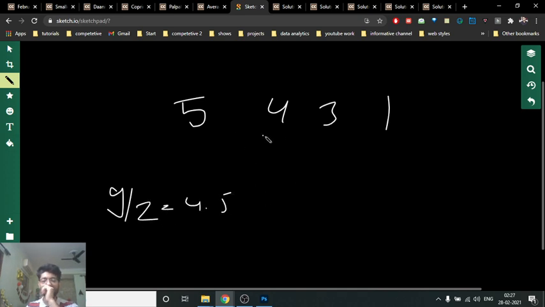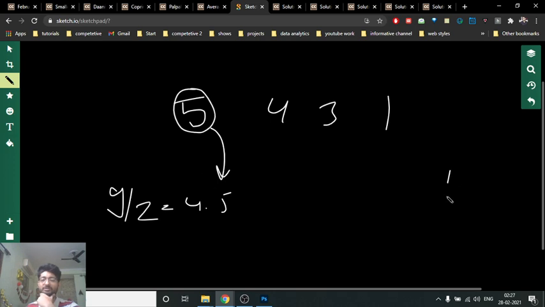So it is greater than this number but less than this number. Okay, now if you replace this, because you want to make this strictly increasing, you will always replace this number with this 4.5, because if you replace this number, then this number will increase. But this number cannot actually exceed 5.